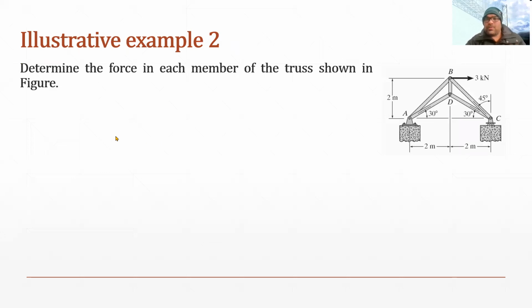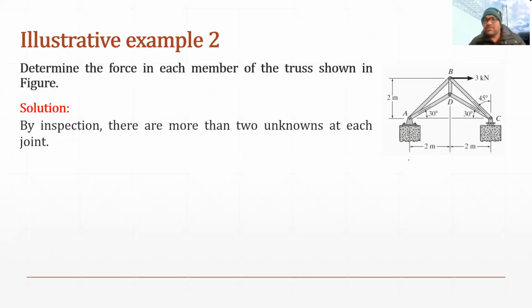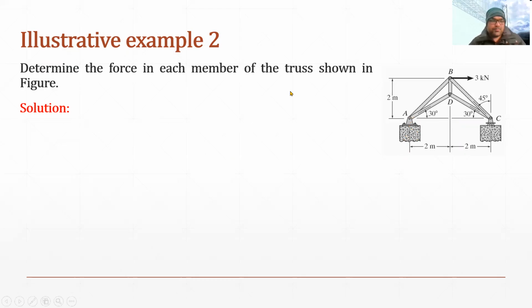So we will solve now, but here just see, our first step is to make the free body diagram of the truss. If we make the free body diagram, we need to show the reactions. So the reaction at A, I assume this reaction is AY, and this reaction I am just randomly assuming the sense, say this is AX, and reaction at C.